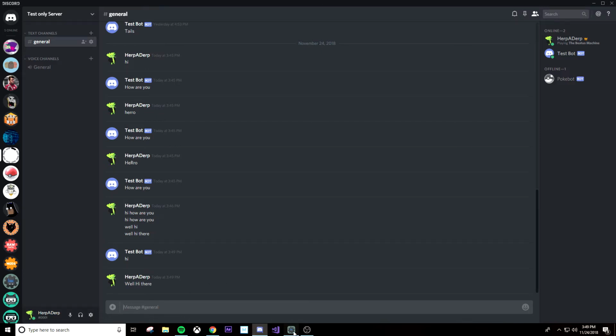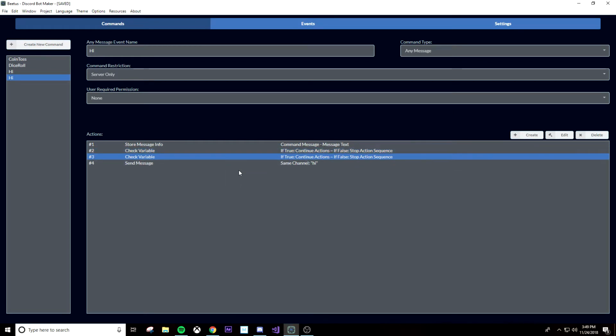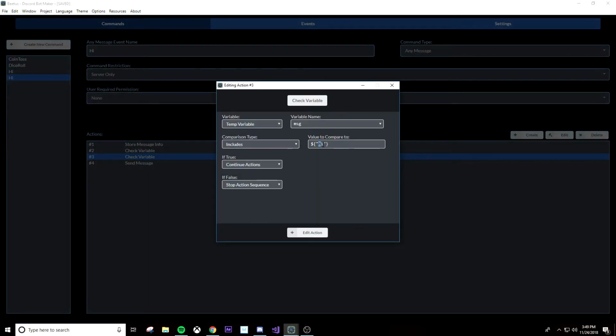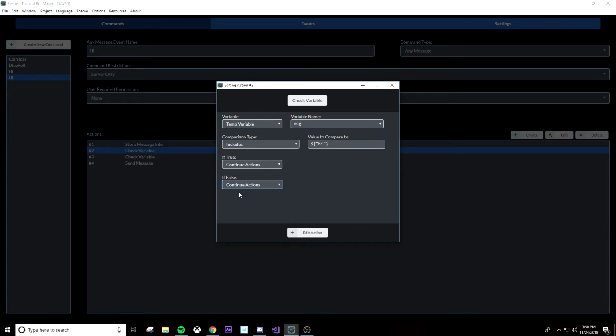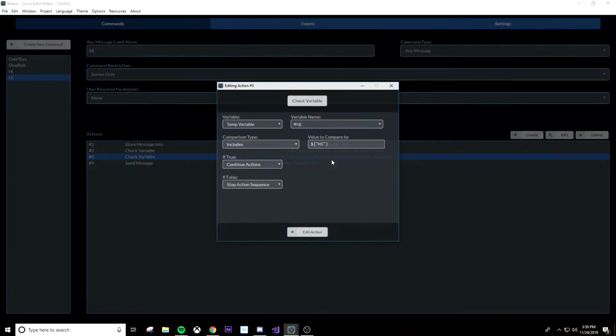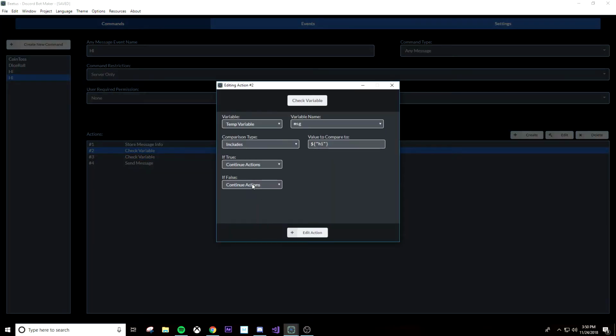But there is a way around this in DBM where you can put a different check variable. So let's just copy and paste that, or if you don't have that ability, create a new check variable. And you're going to just change it to a capital HI. And then what you need to do on this one is set it to jump actions. So if false, continue, because if it's not lowercase hi, you still want it to check if it is the capital H hi. So you're going to want to do continue actions for the false on the first one,